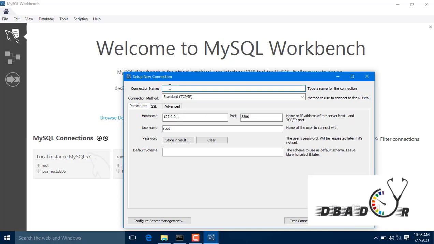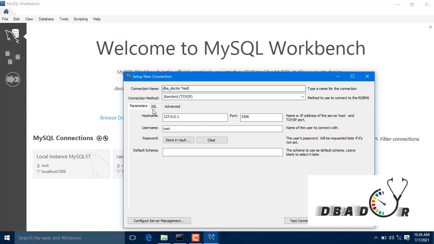I'll give DBA doctor tester. This is the default port. As I am using a local network, I know this is the port for local, and this is the host IP, so I am keeping it as it is.